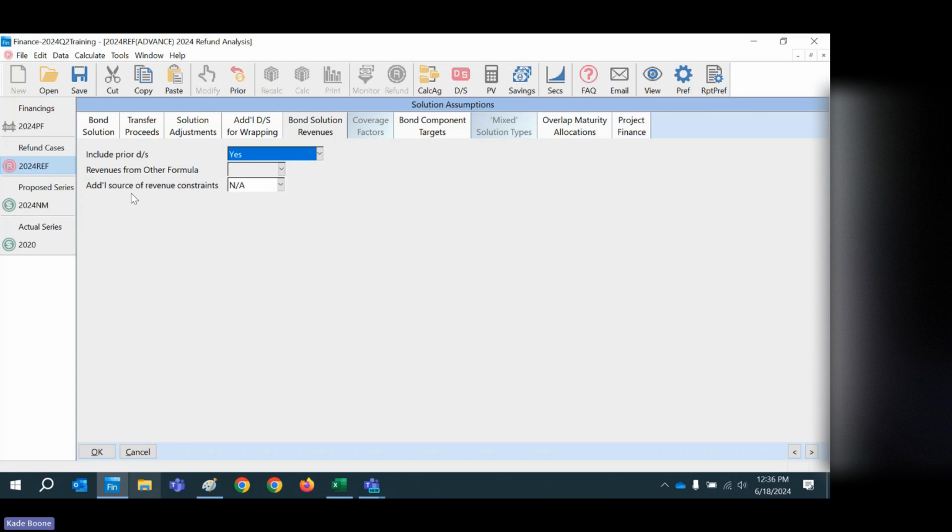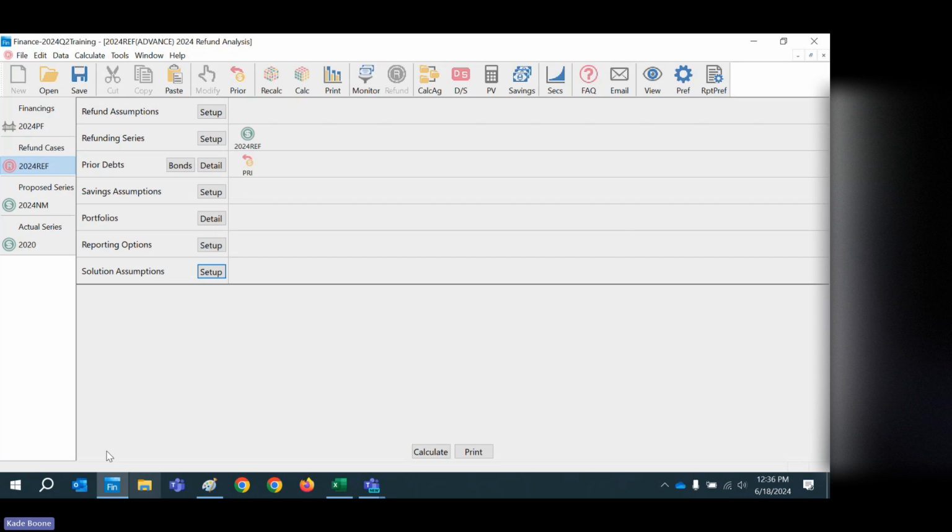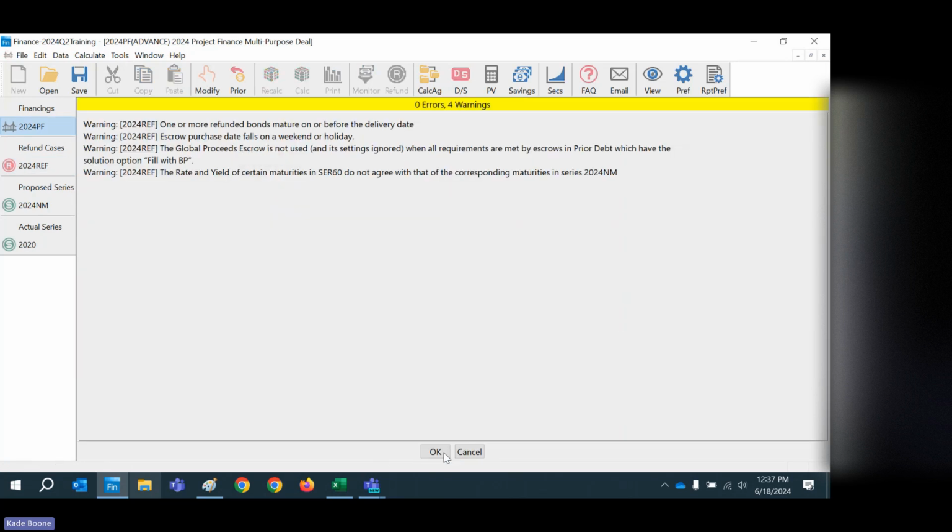So you won't see the savings level because it's not solving. How do we include it? Well, we include it by selecting the other formula, BAB. That will adjust that revenue constraint that we're going to solve off of. So now when we go back and we calculate,